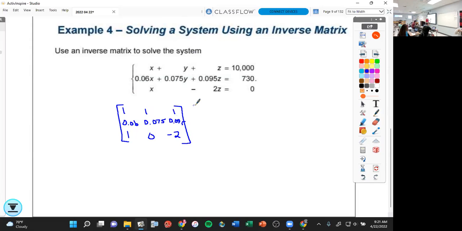My variable matrix would be what? No, my variables. X, Y, Z equals B. B is not my coefficient. B is my constant matrix. My constant matrix is